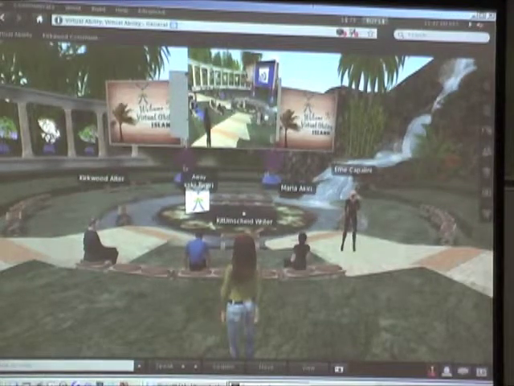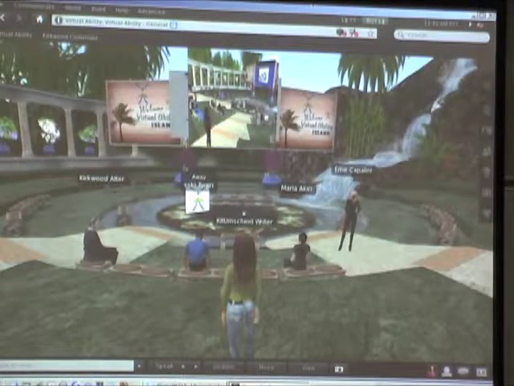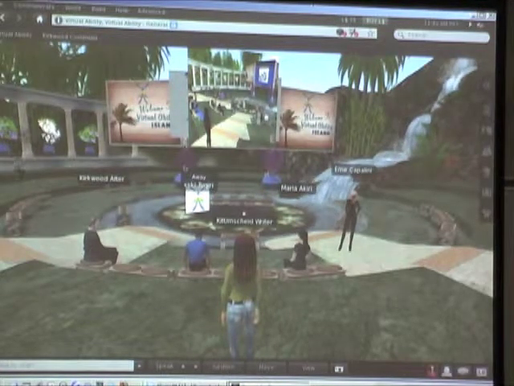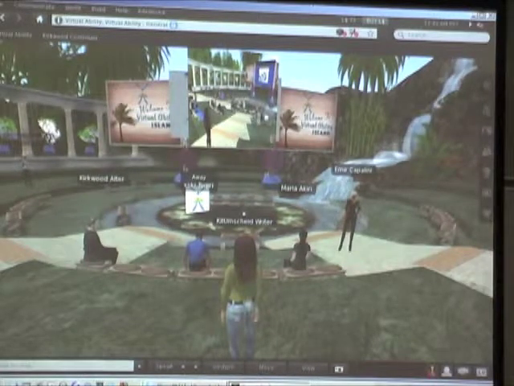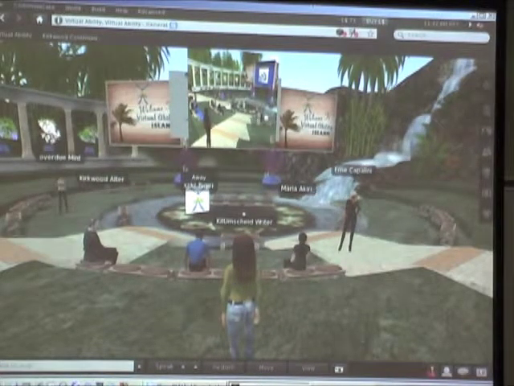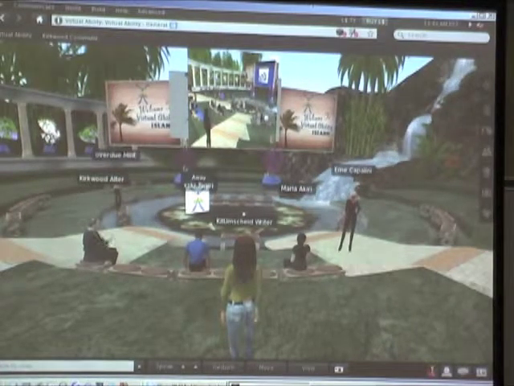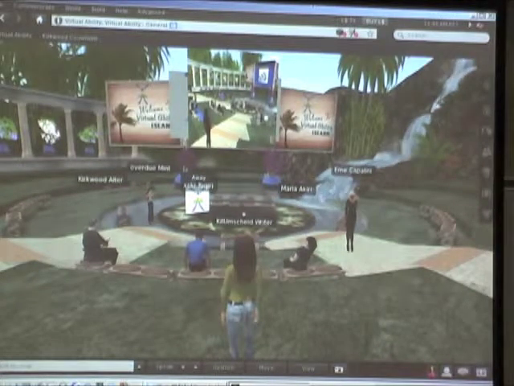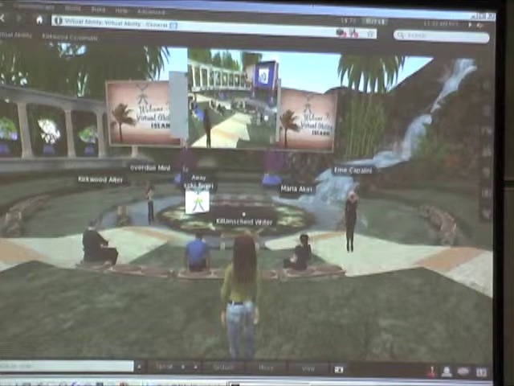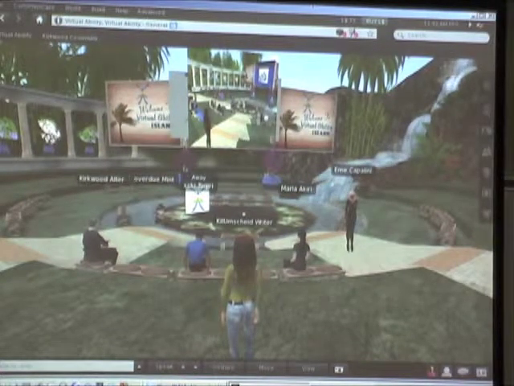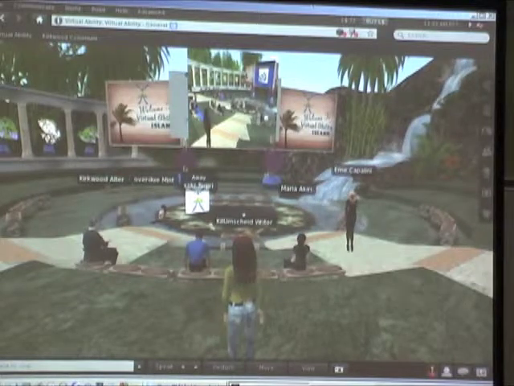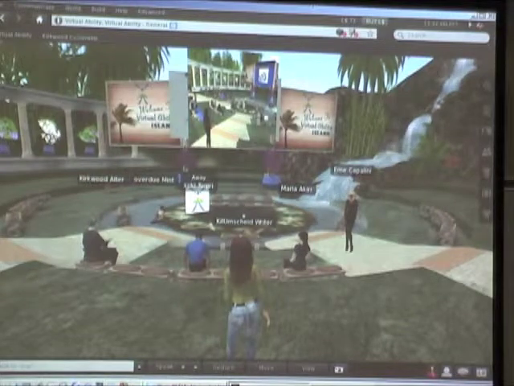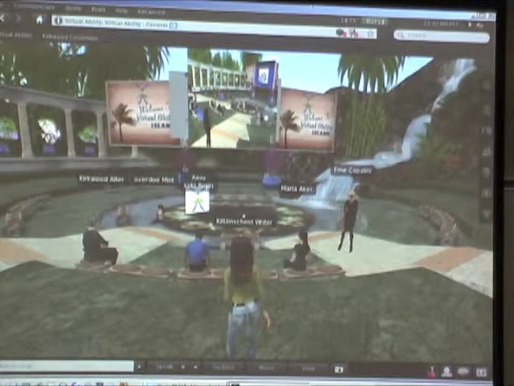Any other questions from your audience? I have a question for you. Sorry, I'm in love with your island. I just think it's the greatest. What do you guys see in the next 5 years? You've got a big investment in Second Life, and there are some educational places that have left because of the price increases. What do you see for the future of Second Life? Like if you were to look 5 years out, or just virtual worlds in general, especially as it relates to people with disabilities.